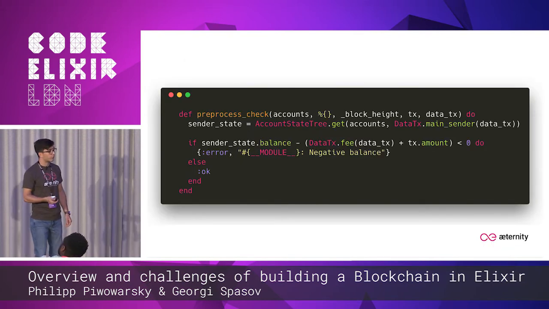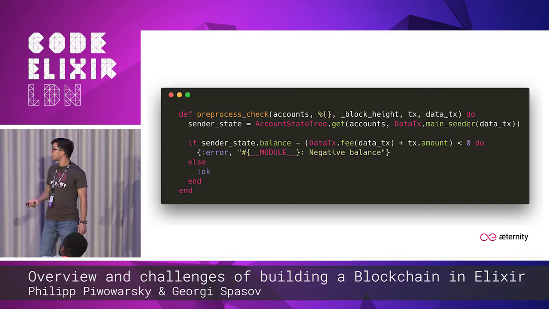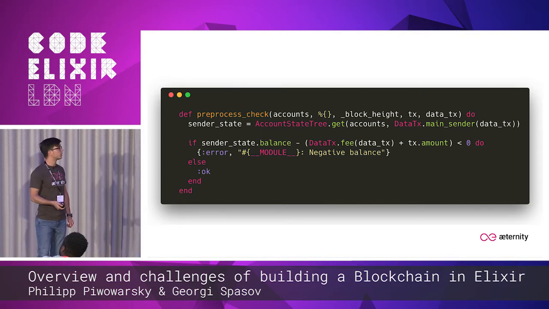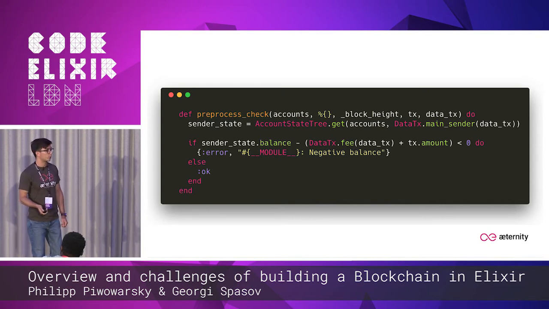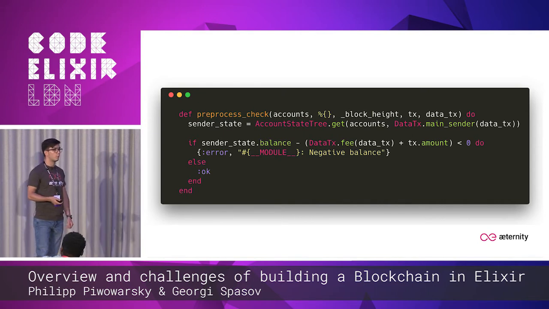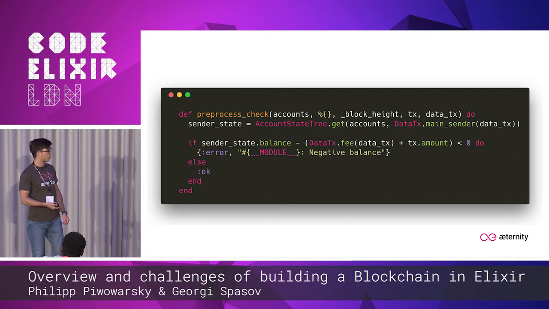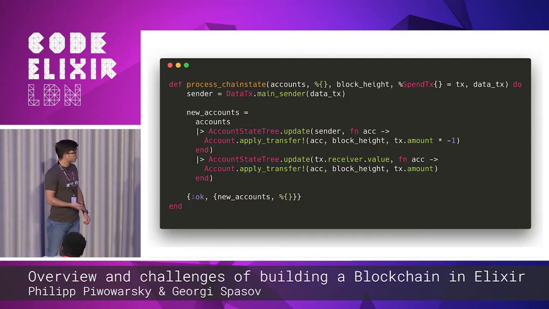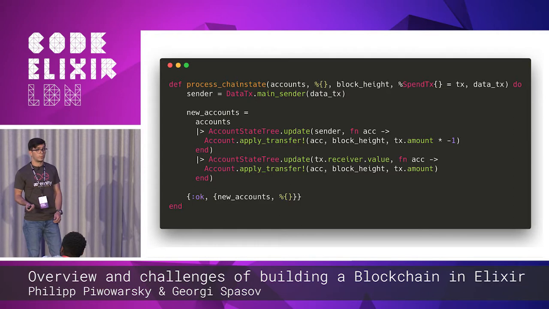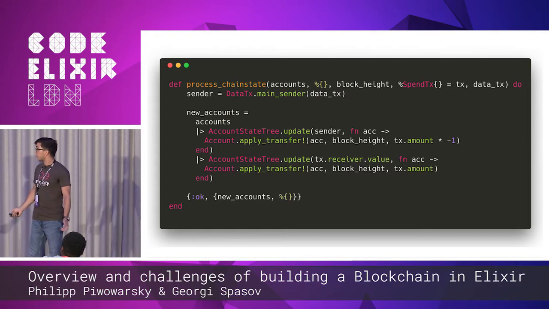We would have a different pre-process check, and what this actually does is check if the transaction can actually happen and is able to be executed on the chain state of the blockchain, which is where we hold all of our information for the blockchain. And then if everything goes fine, we can process it, add it to the blockchain, get the new